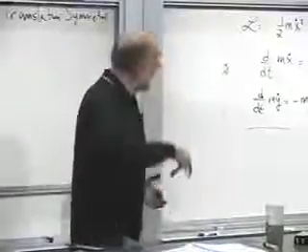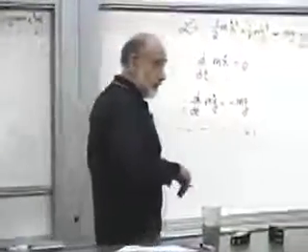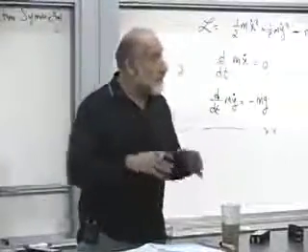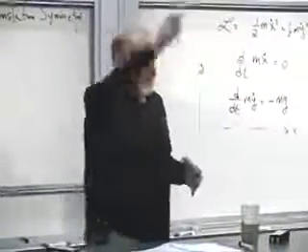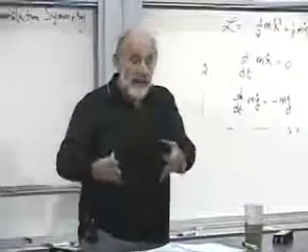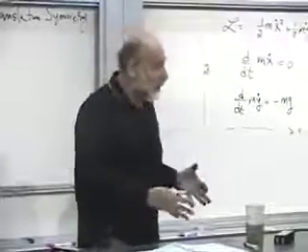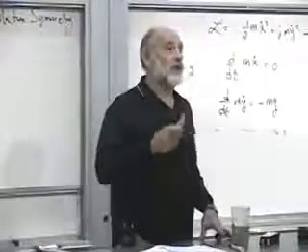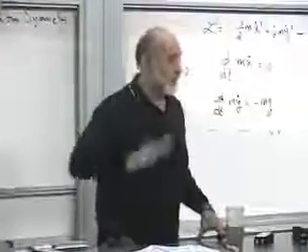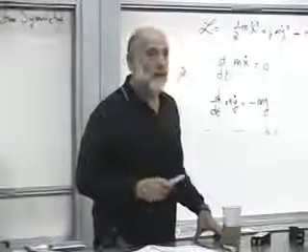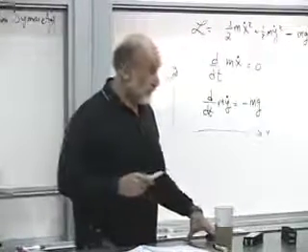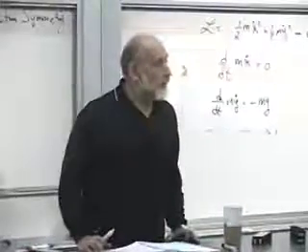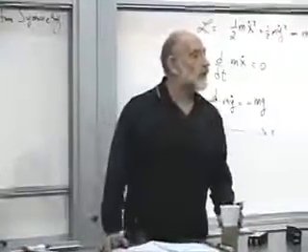The action may look more complicated in terms of other coordinates, but it will still be the same good old action. It will depend on the trajectory and give you the same answer that you would have gotten in rectangular coordinates if you rewrite it correctly. The fact that the action is minimized for the correct trajectory is a statement that doesn't depend on what coordinates you use. So the principle of least action is a principle that is coordinate independent.